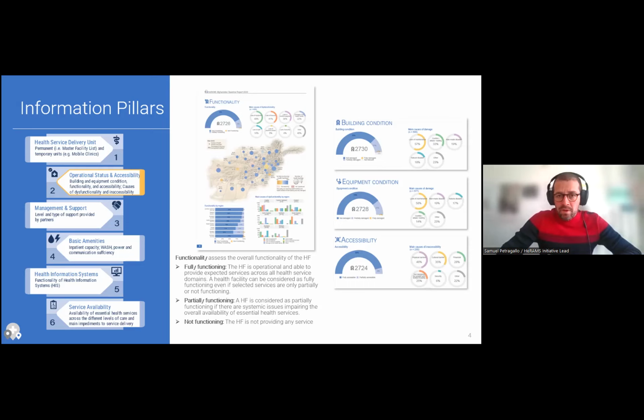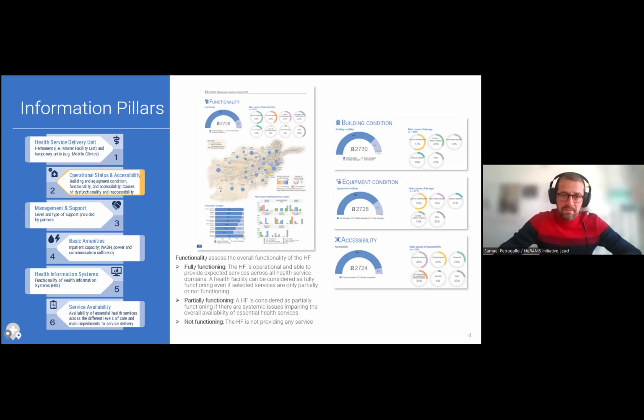In all cases where issues may be recorded, whether in terms of damage, functionality, or accessibility, we, through HIRAMS, look systematically at what the causes are that are creating these problems. And you see a number of examples on the right here of the kind of analytics that we can generate